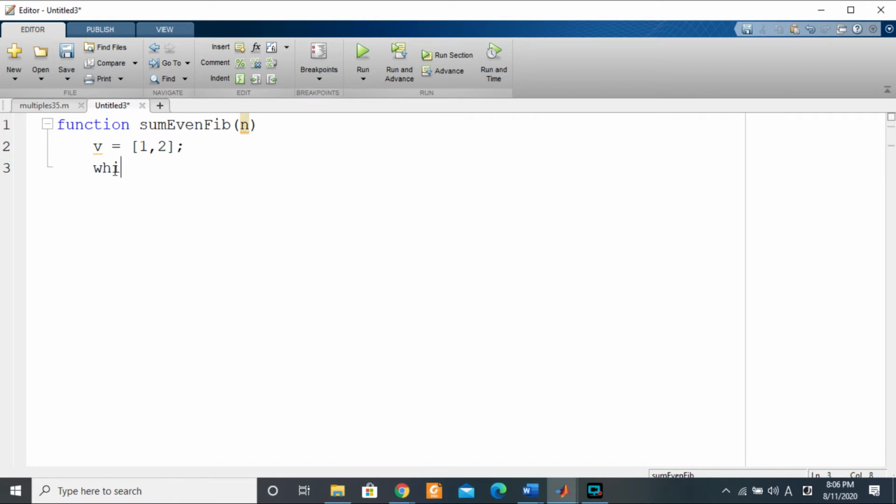So to do that, I'll use a while loop. I'll just say while v of n, right? V of n is supposed to be the last number that we just added to this vector. So while v of n is less than, it's strictly less than n, which in our case will be 4 million. And what do we want to do? We want to say v of n plus 1. So the new term in the v vector should be equal to v of n